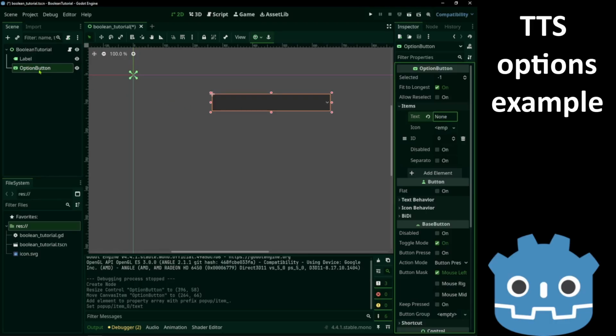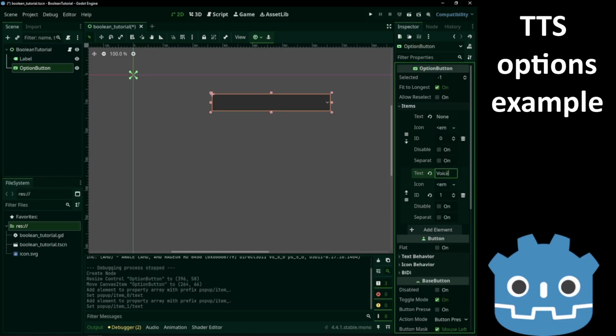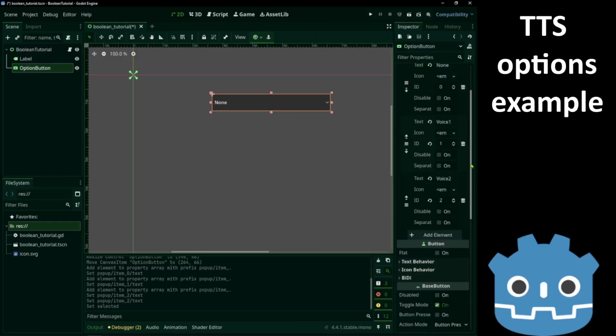Let's say this is a text-to-speech option, and we pick the voice. None means it's off, and let's add a few voices. We can change which one is selected. Oh, increase font size as well.